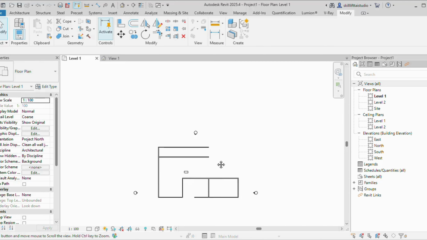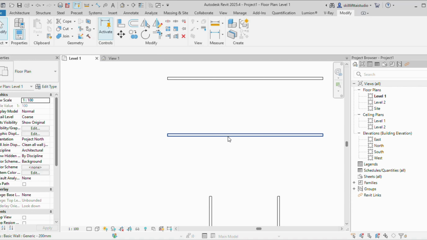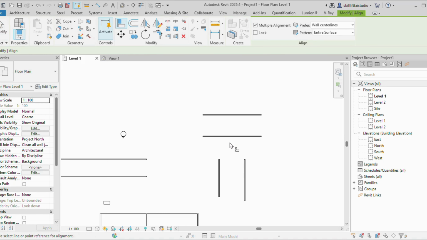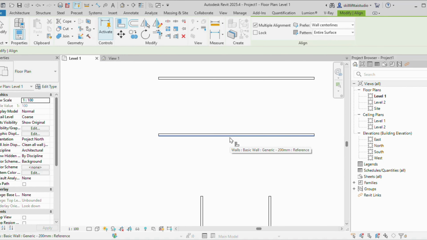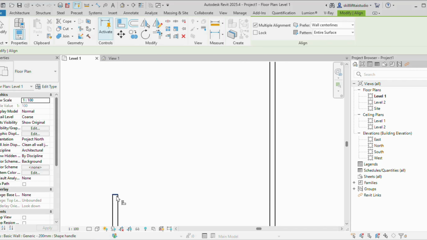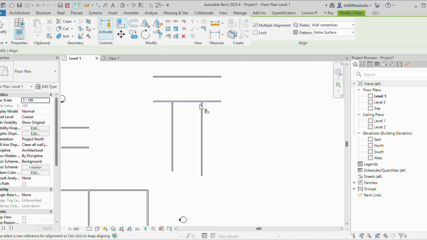Okay, let me show you it once again. These walls to align to this end of the wall. So what I'll do, I'll go to align, select the reference line where I have to align and select the surfaces which I have to align. This was the multiple aligning because the multiple alignment has been active here. If I close it,